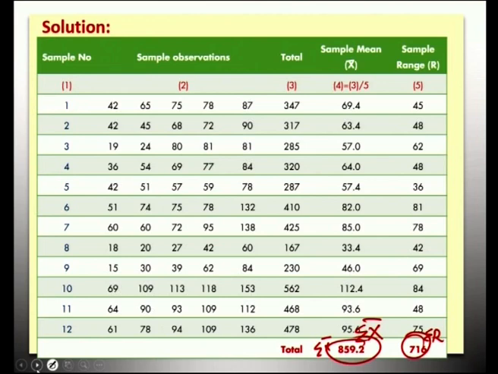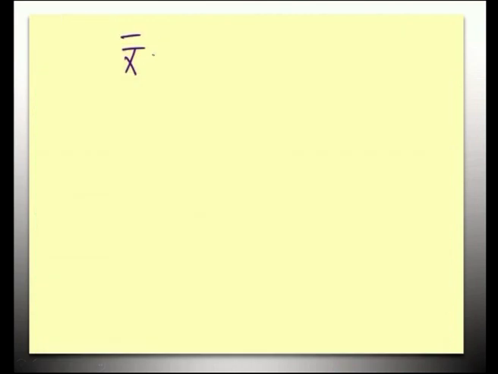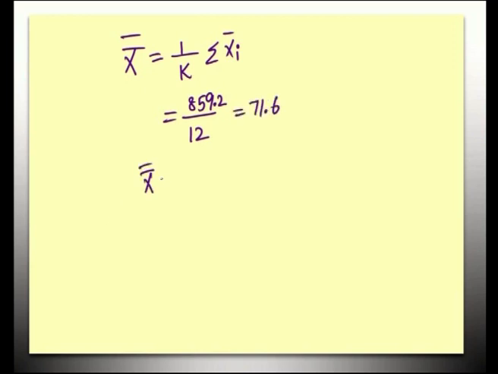So, first from the above data we get x bar bar is equal to 1 by k summation x i bar. How many samples are given? 12 samples are given and the summation of sample means has come to be 859.2. So, 859.2 divided by 12 is 71.6. So, x bar bar value is